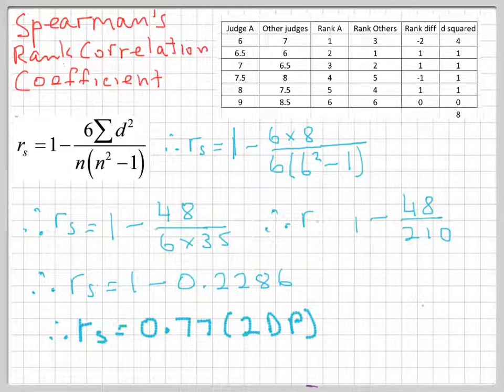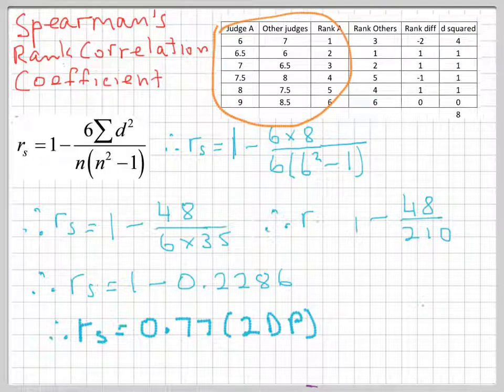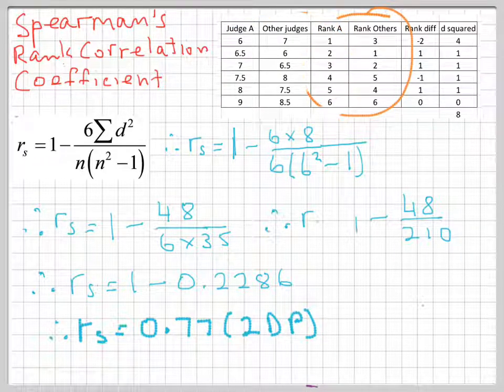All it does is, instead of finding an R statistic for normal pairs of data, such as we're looking at here, it finds the correlation coefficient for the ranks. So the idea behind Spearman's rank correlation coefficient is that we rank the data sets and find an R statistic based on that. Alright, so imagine in this case we have a diving competition